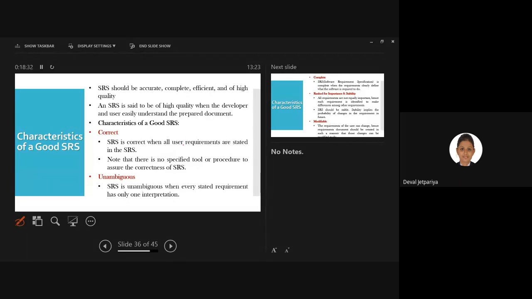Please read those characteristics. These two are clear.